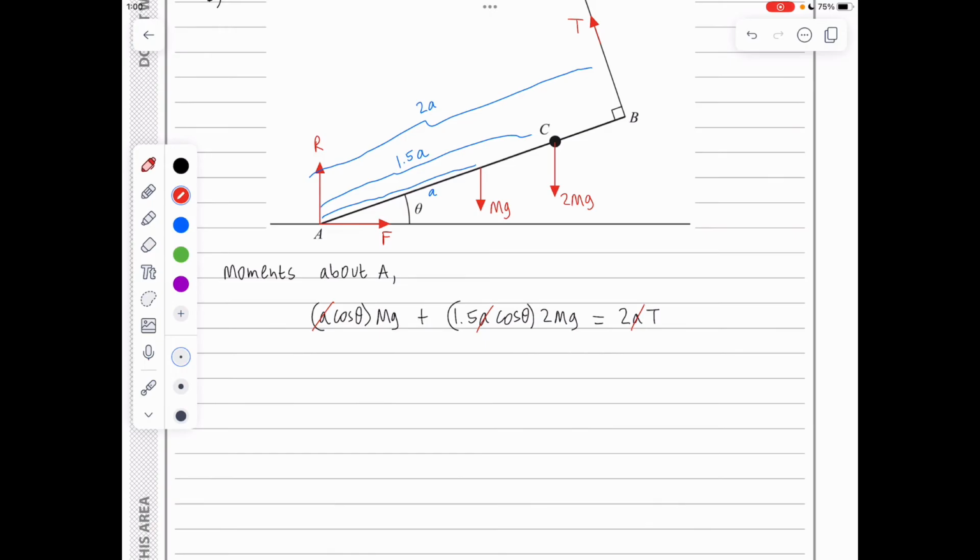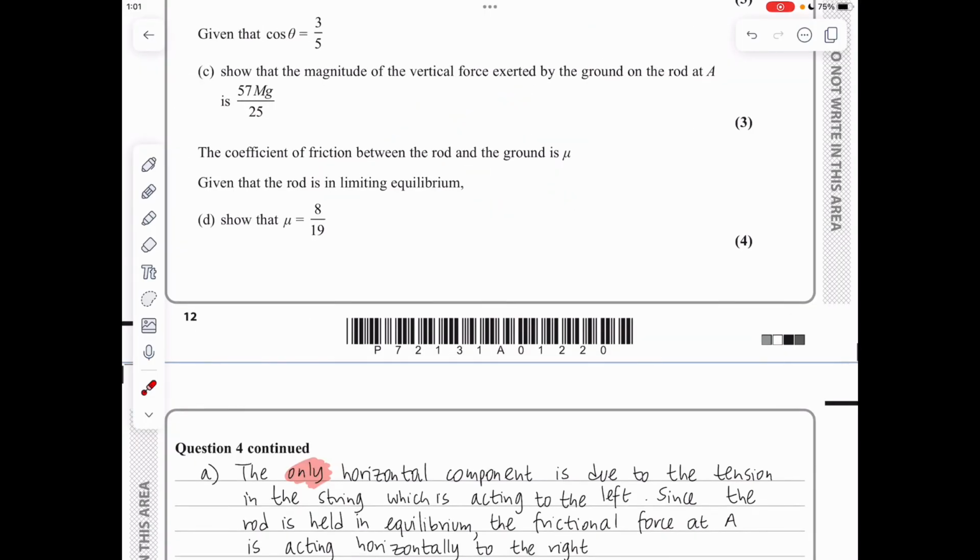And we get that mg cos theta plus 3mg cos theta is equal to 2T. This leads to 4mg cos theta is equal to 2T, and therefore 2mg cos theta is equal to T, as required. In part C, we are given that cos theta is 3 over 5, and we need to show that